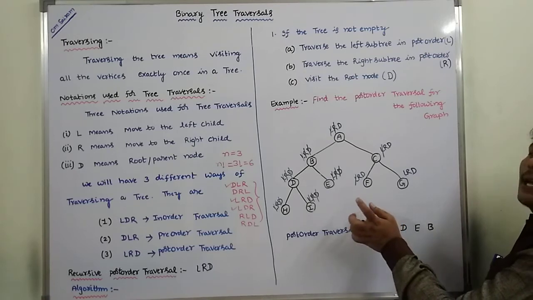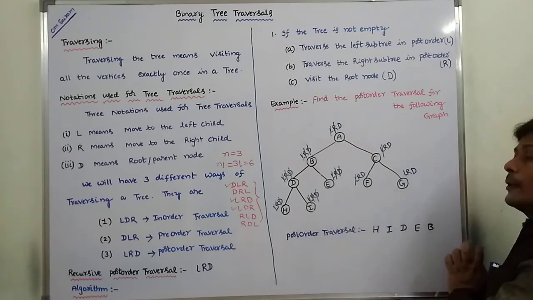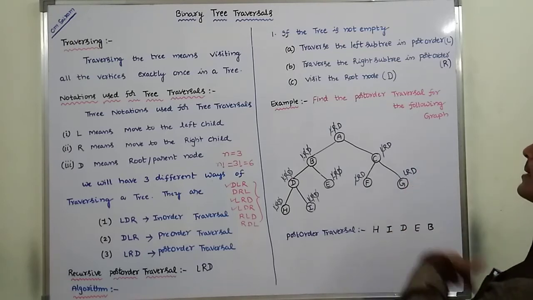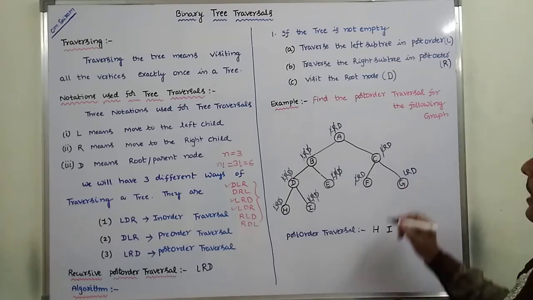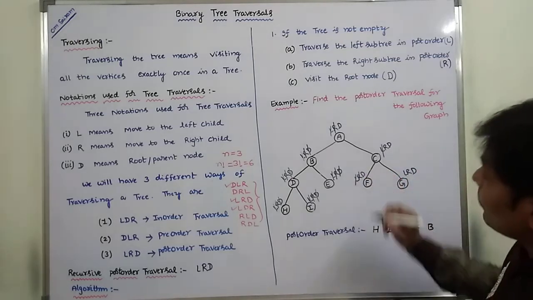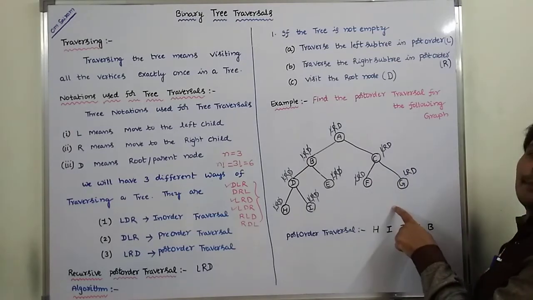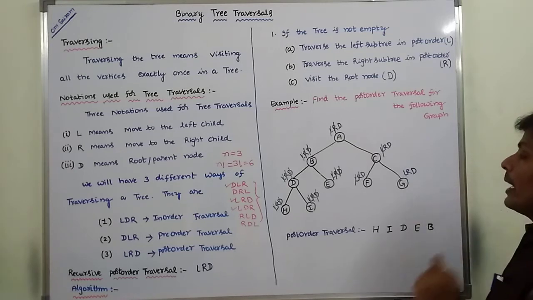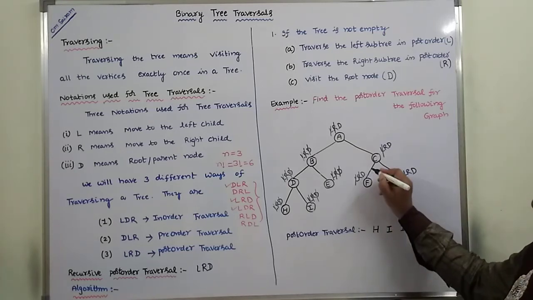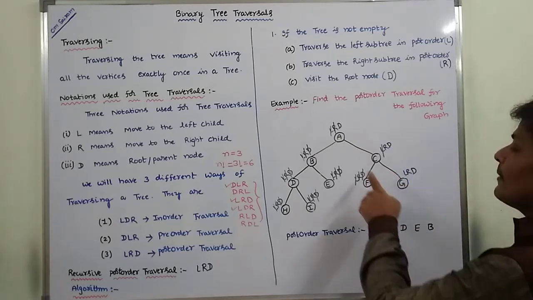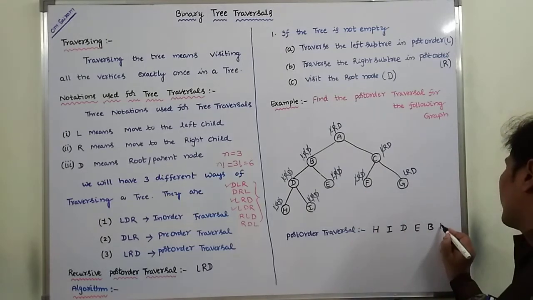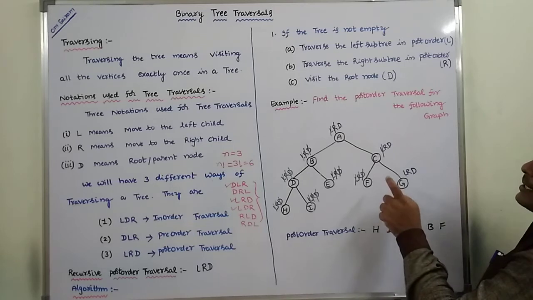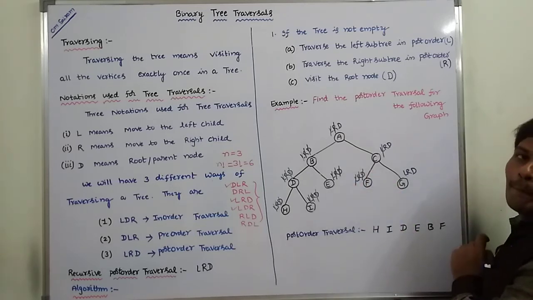There are no nodes in the left subtree of node F. Next letter is R. R means traverse the right subtree in post order fashion. Strike out R and go to the right subtree of F. There are no nodes in the right subtree. Next D is there. So strike out D. D means visit that node. So now node F is visited. Next at F, 3 letters are completed.